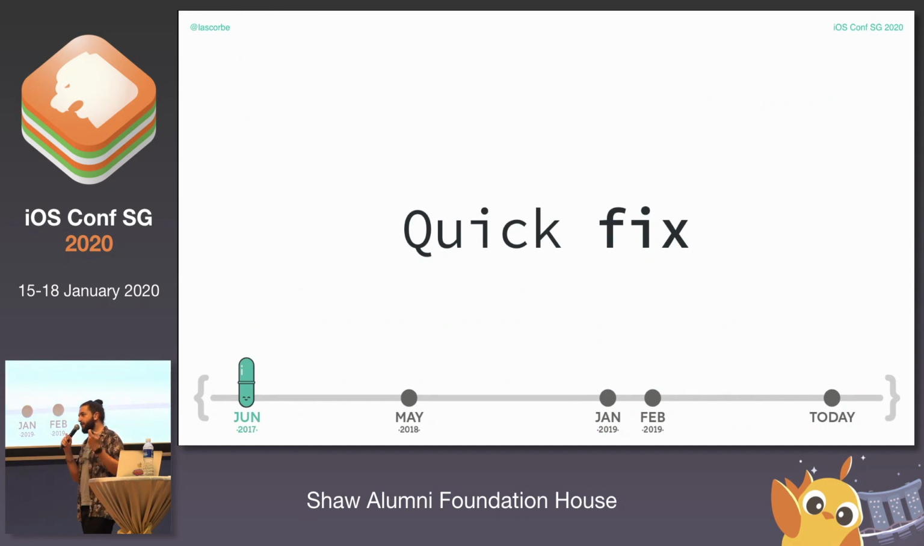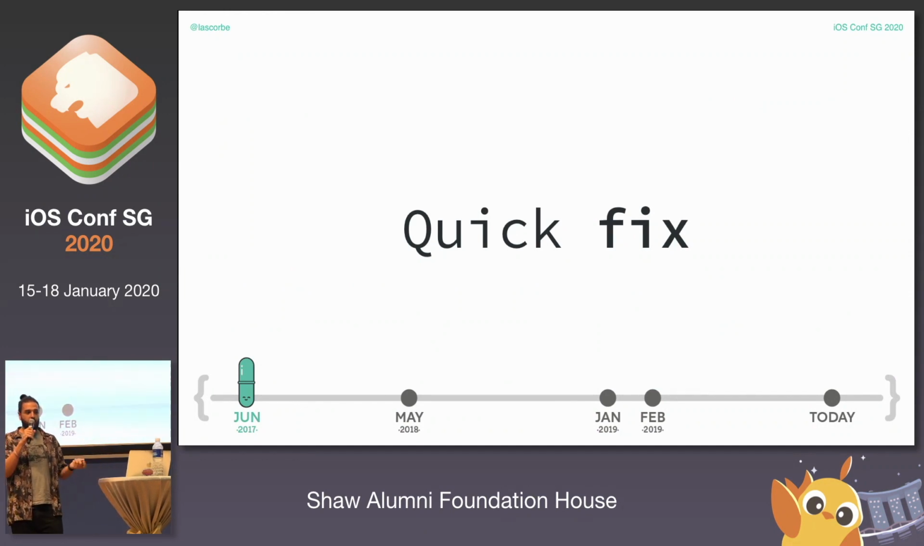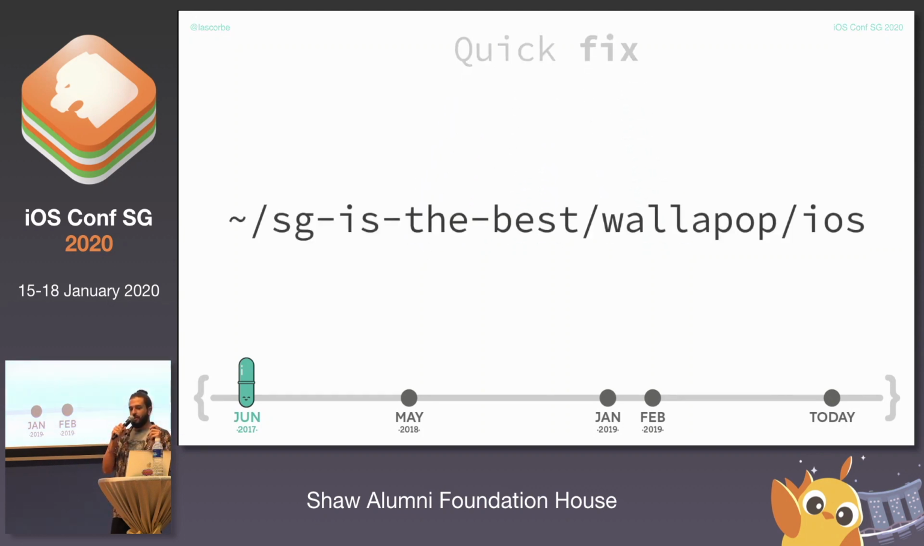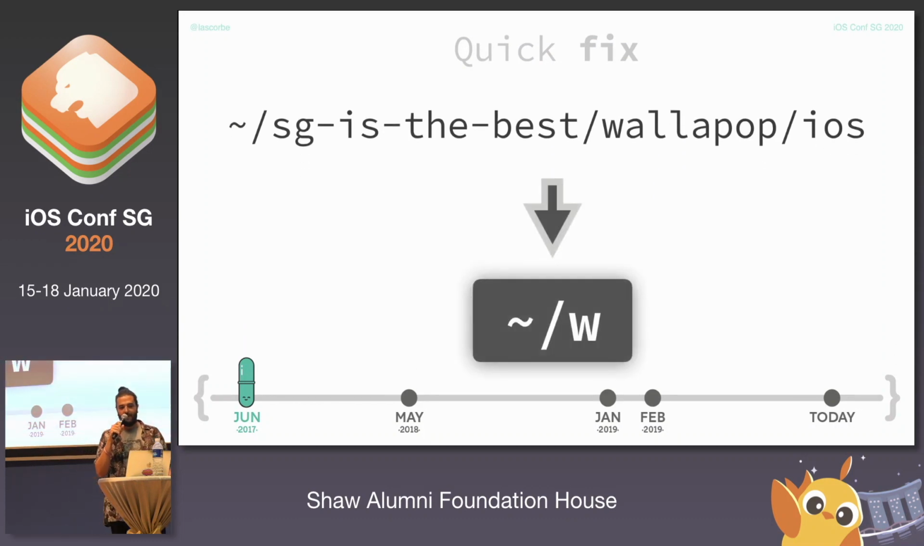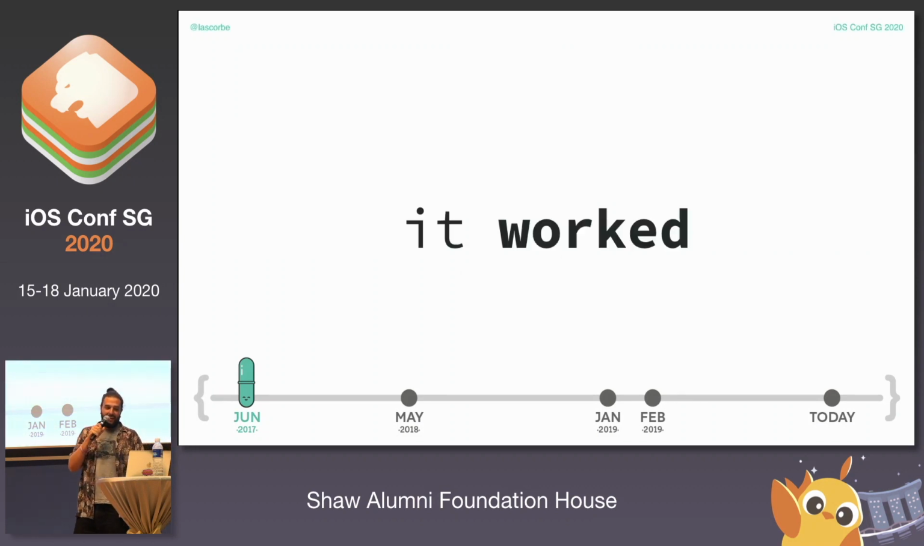But we had a quick fix to apply to the project because this was happening locally. The CI server was still working okay. So the quick fix was changing the path of the project to a shorter one. And it worked. We solved the issue. We could compile again,